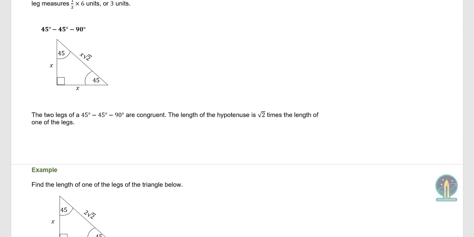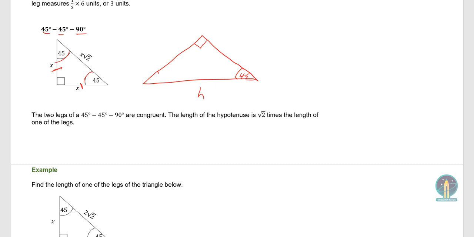The other special triangle is the 45, 45, 90 degree triangle. And this is essentially an isosceles triangle. It's a right isosceles triangle, because since these two angles are equal, then the opposite sides will be equal for these two angles. The hypotenuse is still the hypotenuse. So it's an isosceles triangle, but if you put the hypotenuse on the base, so 90 degrees, hypotenuse,